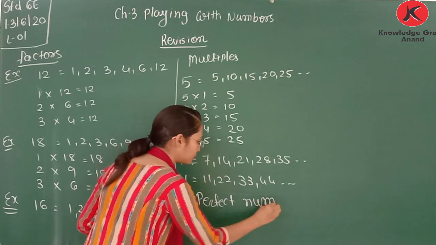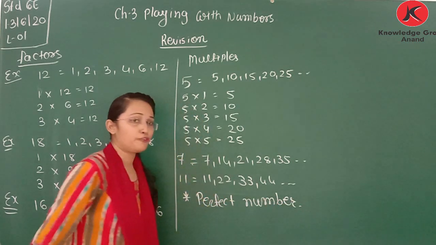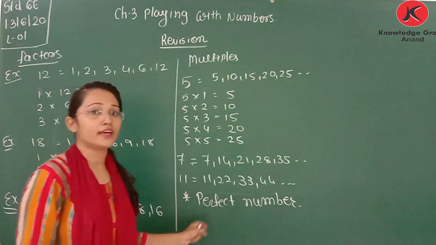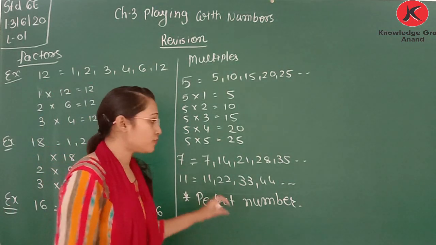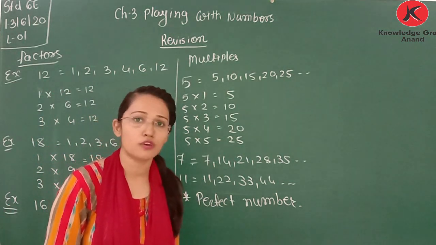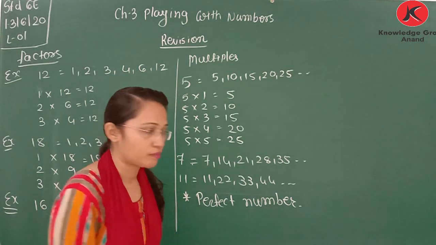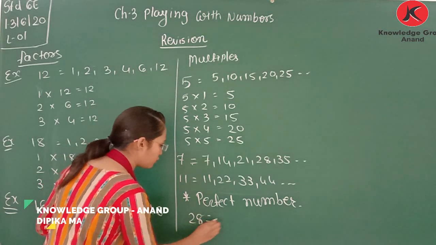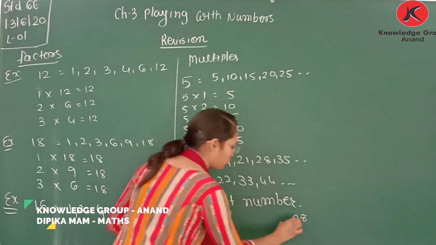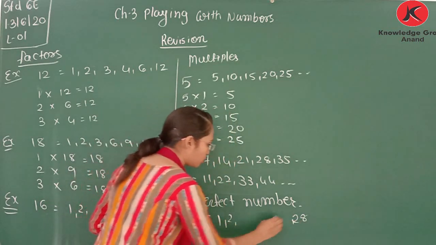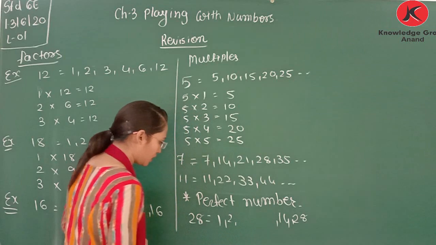Perfect number. If you find the factors of a number, and the sum of the factors is twice the number, then it is called a perfect number. For example, 28. Factors of 28 are 1, 28, 2, 14, then 3,